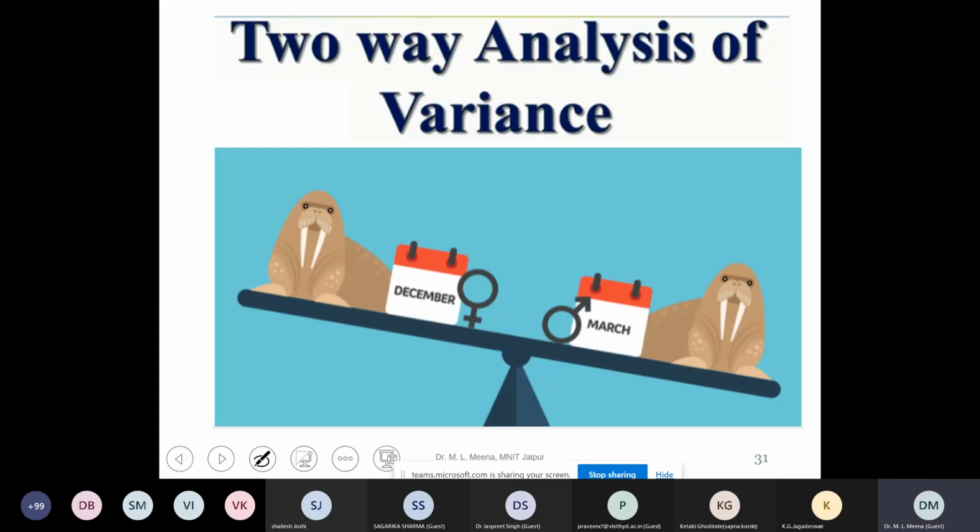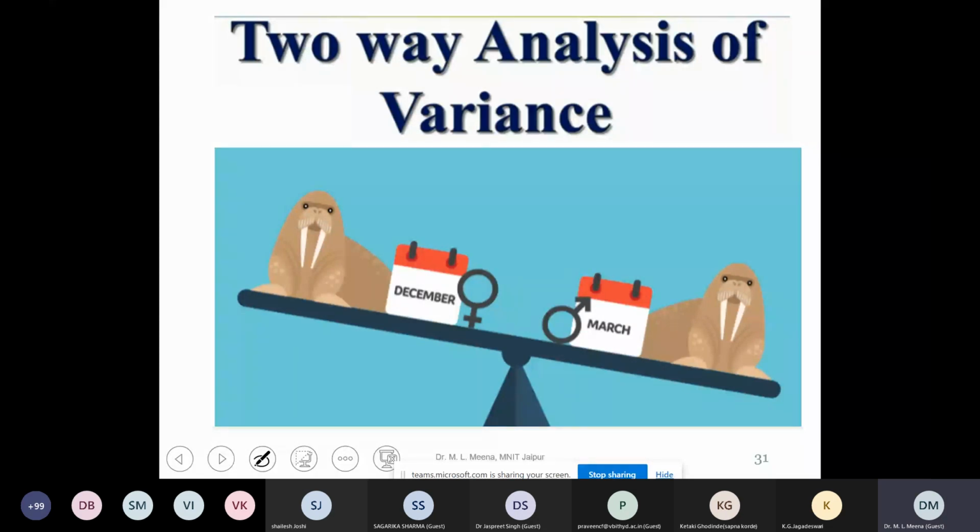Now two-way ANOVA. So two-way ANOVA is also same as one-way ANOVA, because one-way ANOVA is based on the hypothesis, and two-way ANOVA is also hypothesis based. However, in the two-way ANOVA, each sample is defined in two ways and resultingly put into two categorical groups.